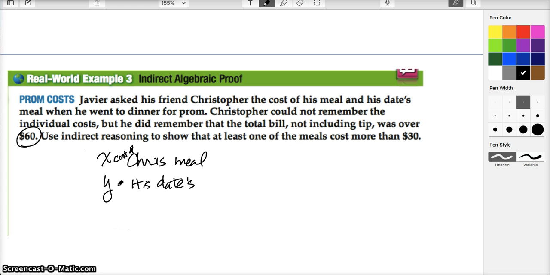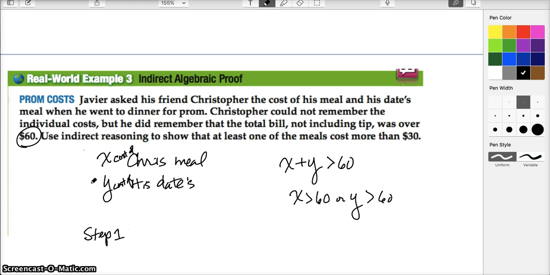All right, so what we know is that x plus y was greater than 60. How come? Because it says not including the tip, it was over $60, right? So x plus y is greater than 60. We need to prove that either x is greater than 60 or y is greater than 60. And so I'm going to do step 1 of our indirect proof, which is to assume that both were